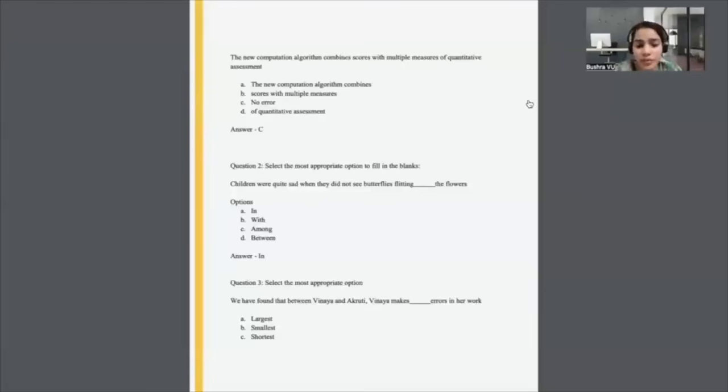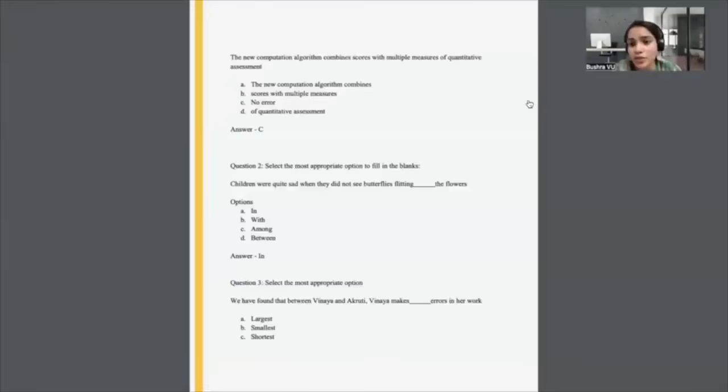Question number 3, select the most appropriate option. We have found that between Vinaya and Akriti, Vinaya makes dash errors in her work. So now if you look at this, here we're specifically talking about errors. How do we measure errors? When they're talking about what to choose, errors is something that is quantifiable, right? So when you measure the quantity,